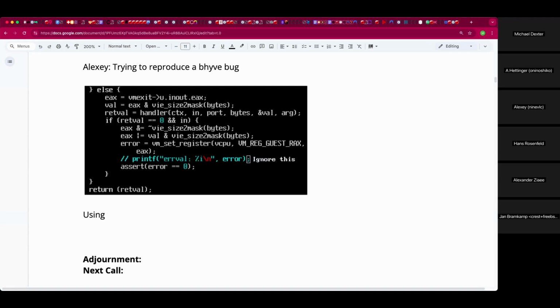Let me just create a tab. We have a manual page.